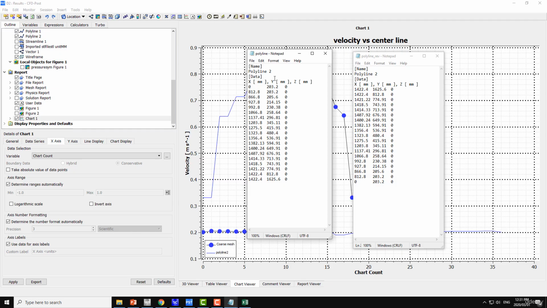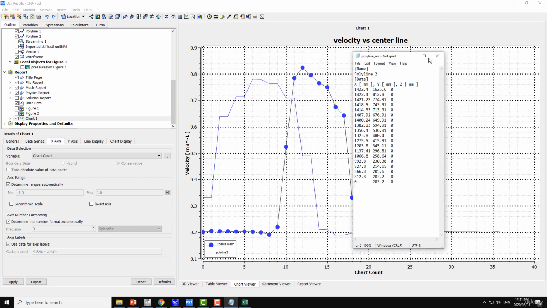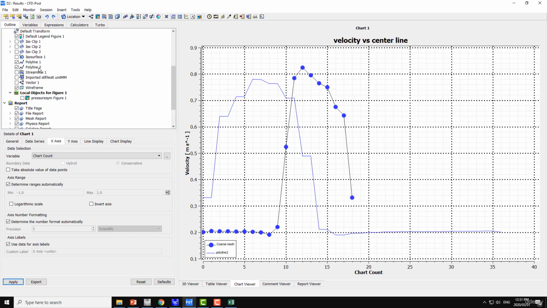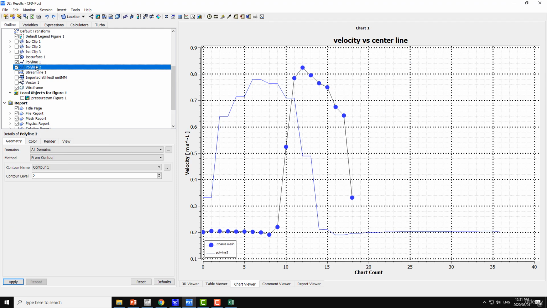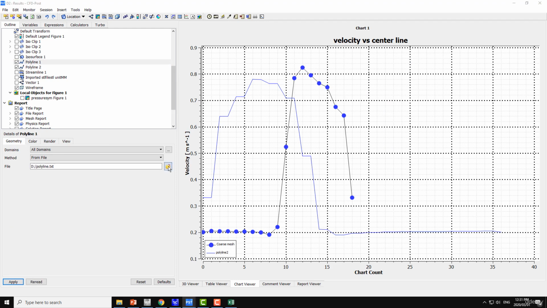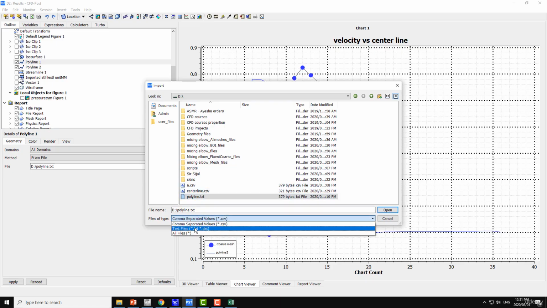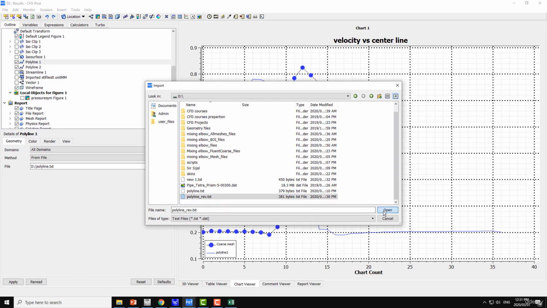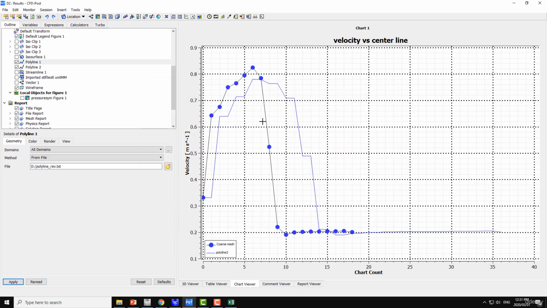Okay, so for polyline 2, which I created from the points, I just reversed the point locations, and the last point is now the first point, and similarly the second last is the second point here. And now I'm going to read these points into polyline 1 here, which is from the file, and here I'm going to read this file, which is the reversed polyline, open, and apply. And now you can see that there's a difference between polyline 1 and the polyline from the